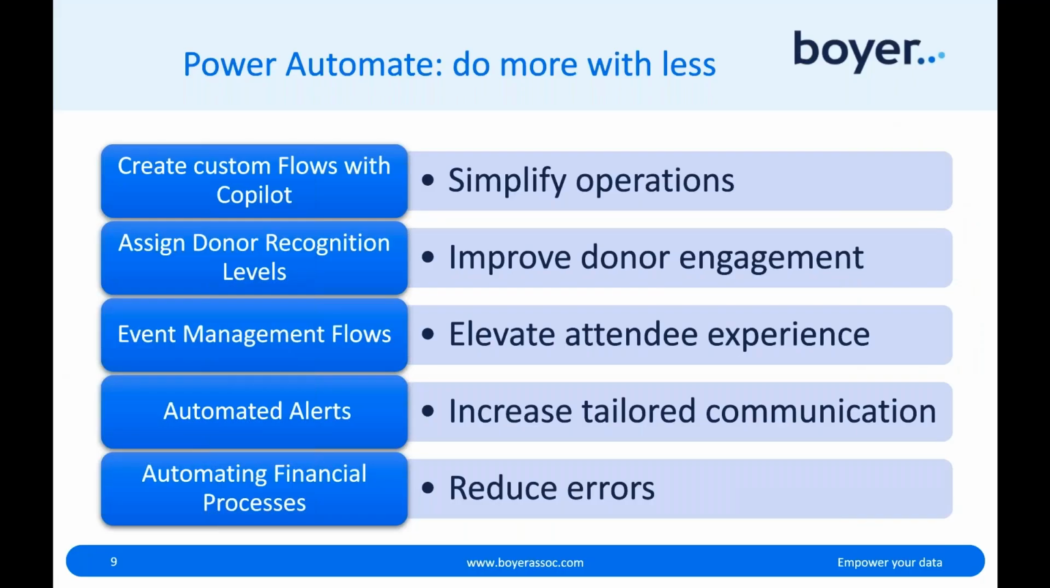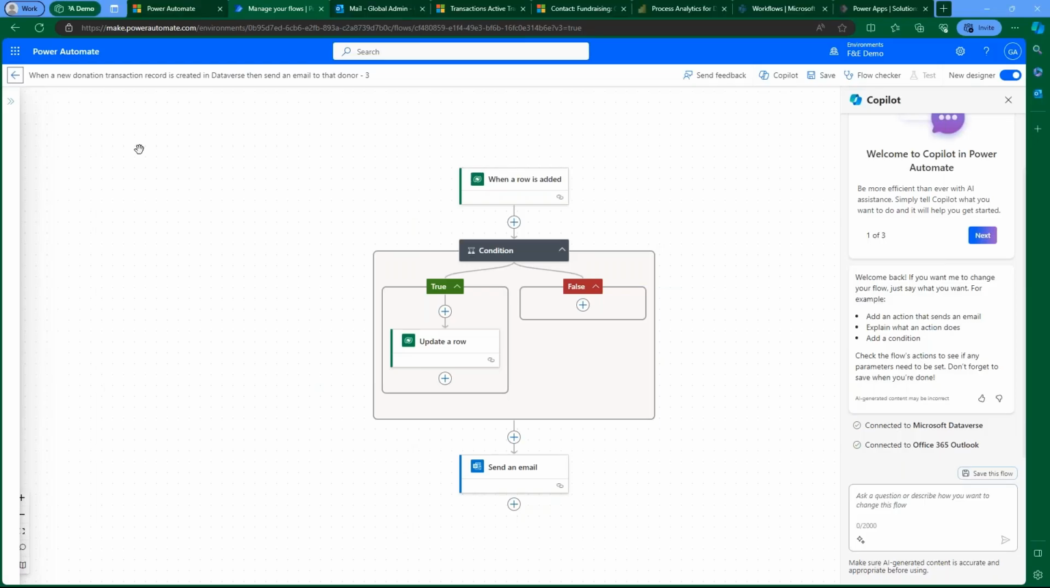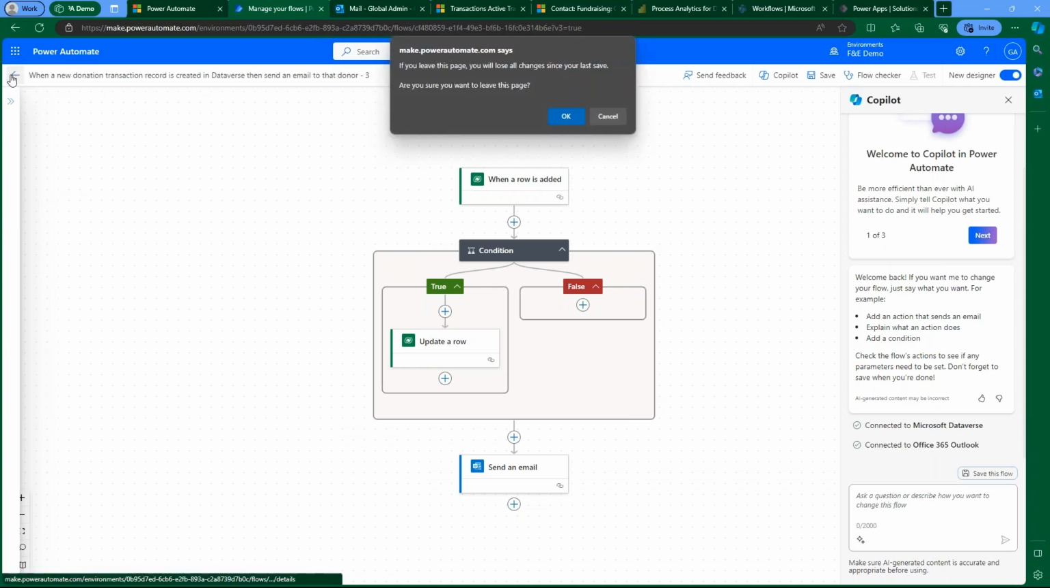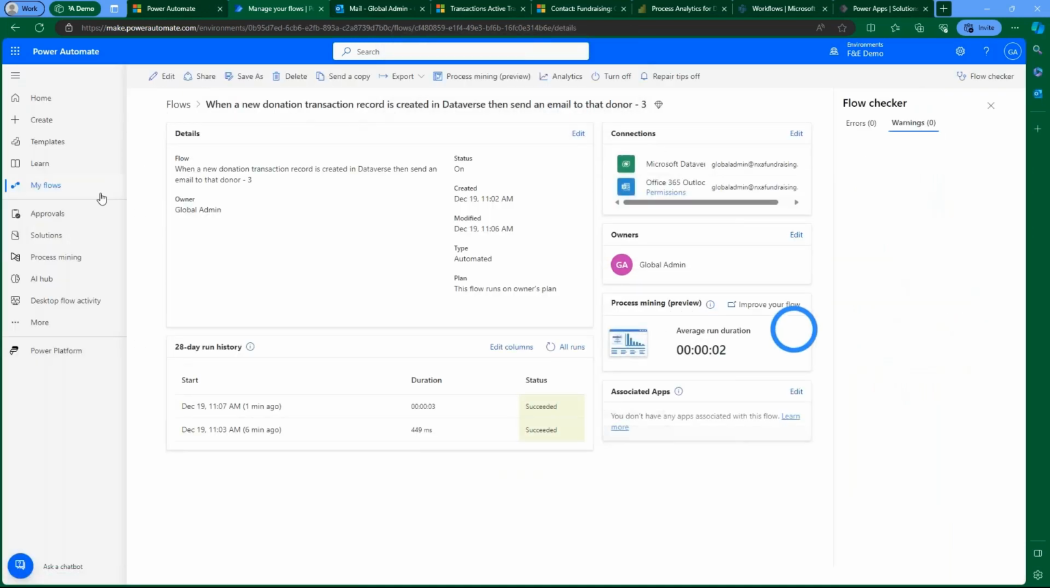But again, for the sake of time today, moving a little bit quickly, I'm just going to highlight now event management flows, with events being an important part of the nonprofit world, from galas to campaign kickoffs. It is critical that we're able to elevate attendee experience. So let's take a look at how Power Automate can help with that. If I go back to my homepage,